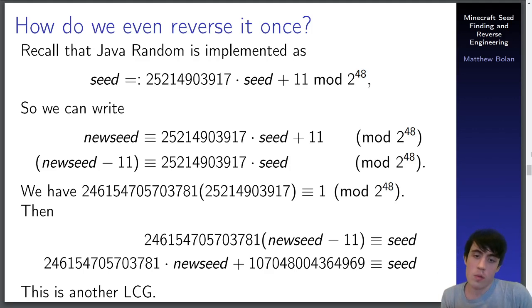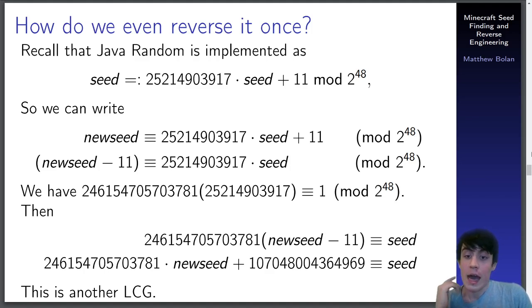And so we can see that our big magic number magically solved the problem. If you're wondering where that came from, there's an algorithm to find such numbers. It's called the extended Euclidean algorithm, and it is virtually essential for Minecraft seed finding. We solve a lot of this sort of elementary number theory stuff, congruential equations. But we finally achieved what we wanted initially. We have an equation for seed in terms of new seed. If we multiply new seed by this magic number, we add this other magic number, we get the seed that